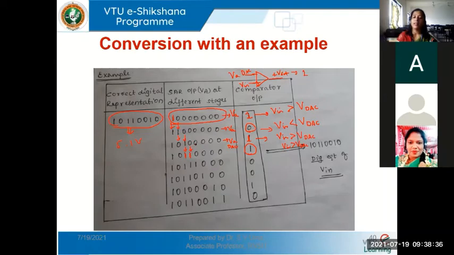The next bit should be made 1 for the next cycle. In the next clock cycle, you make the fifth bit 1. Now this whole value will be converted to an analog voltage and compared with the input voltage. We are getting a 0, which means the input voltage is less than the DAC output voltage. So I have to reset that bit. If I get a 0, the bit which I had made 1 should be reset and made 0. As you can see, the fifth bit is made 0.